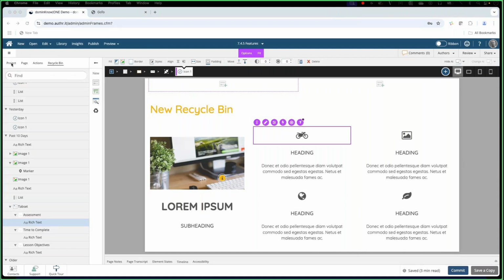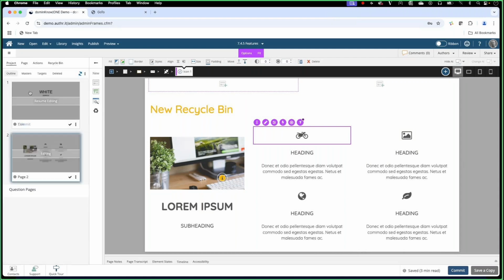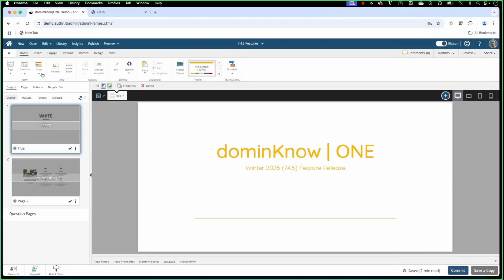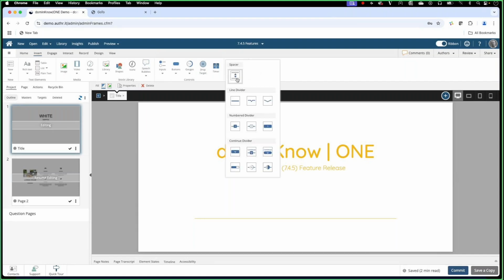Second new feature that we've added, brand spanking new features, are new dividers that you can add on your page. So I have a simple one here, a line divider, but there are multiple different versions of dividers that you can have. If I go to the Insert tab, onto the dividers drop down, I could have a divider that's just simply a spacer. I'm looking particularly in flow content, responsive design content, to add a little bit of space, control a bit of the display. And then the dividers here, line dividers with 3 different styles. You can see a straight line divider on the page already.